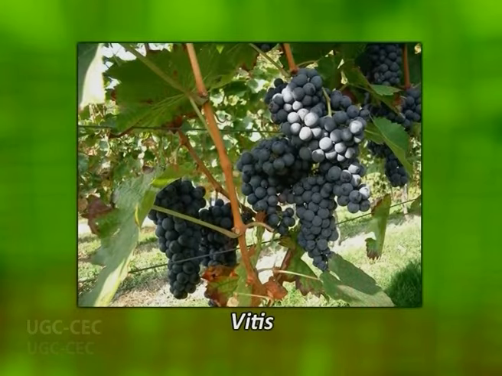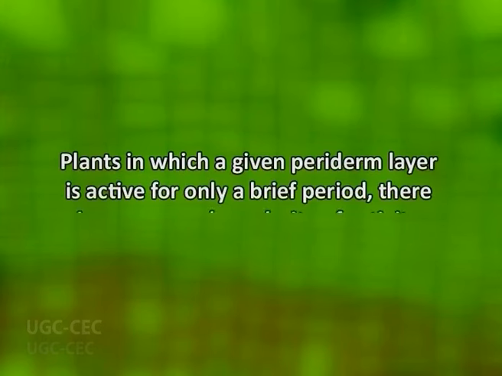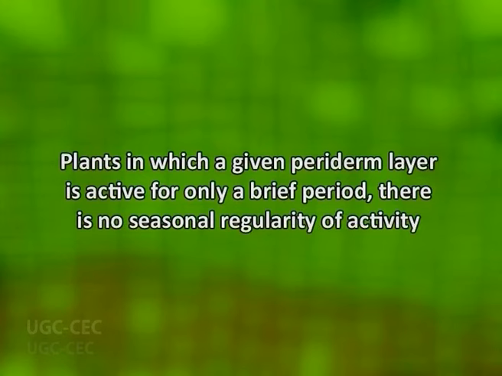In Vitis, the successive periderm layers of the first few years are complete cylinders, and the outer cylinder is ruptured or sloughed away immediately, so that one or two layers of phloem are present in the younger stems. In plants in which a given periderm layer is active for only a brief period, there is no seasonal regularity